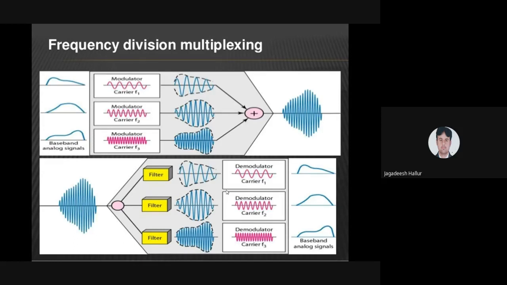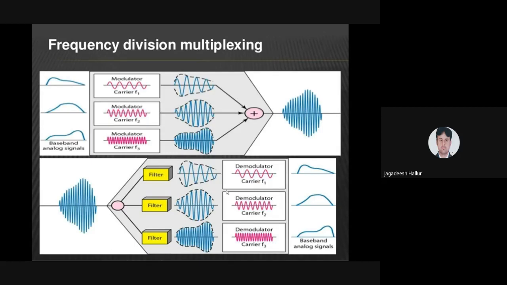All the signals have to be combined and will give one output signal at the transmitter block, at the channel. Once the signal has been received, it has to be given to the next block, that is a filter. What is the actual function of the filter? The filter function is to remove the unwanted signal or the noise present in that particular signal. That is the function of the filter.